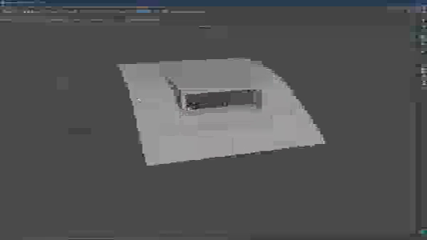Actually, I'm going to delete this. Maybe it's going to be easier to demonstrate, and maybe we'll just push it a bit more inside. All right, so there we are. So let's say that this is now our beginning starting point. We have enough edges to work with. We have our edge established. So the third thing on our list that we need to do is add supportive edges.